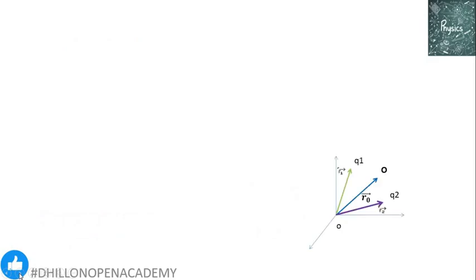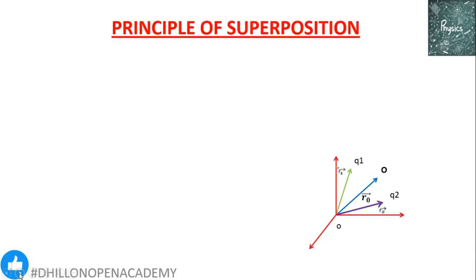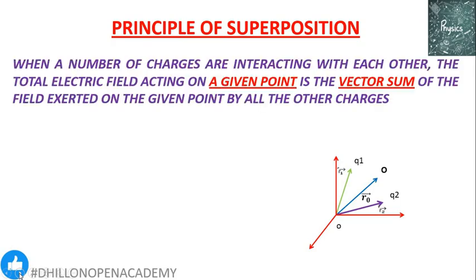Here we have two static point charges Q1 and Q2 in the coordinate system, having position vectors R1 and R2. Both of them have their individual electric fields acting at the point O. Point O has the position vector R0. We are supposed to find the net electric field existing at the point O due to the static point charges Q1 and Q2 respectively. In order to do that, we are going to generalize the principle of superposition, which we have used for finding the net electric force, and apply it here to the case of electric field.